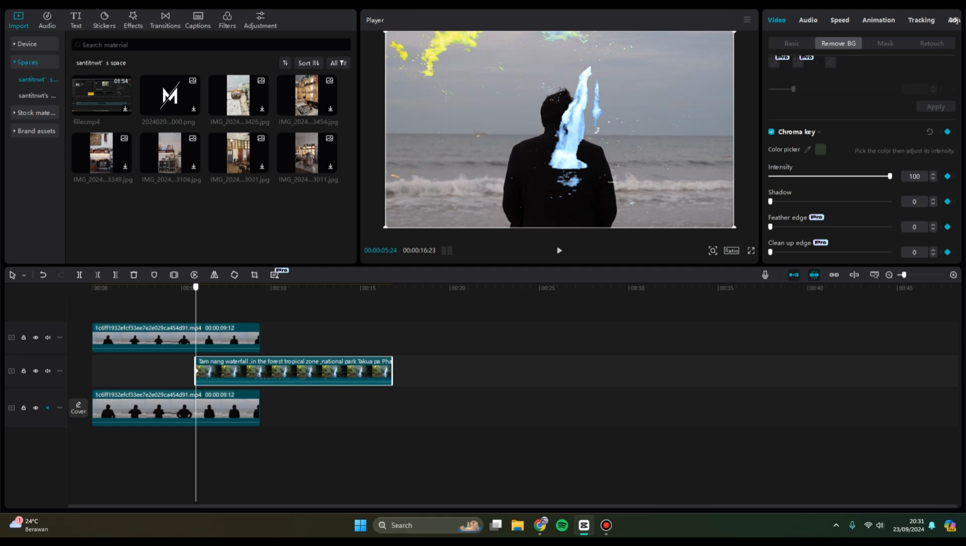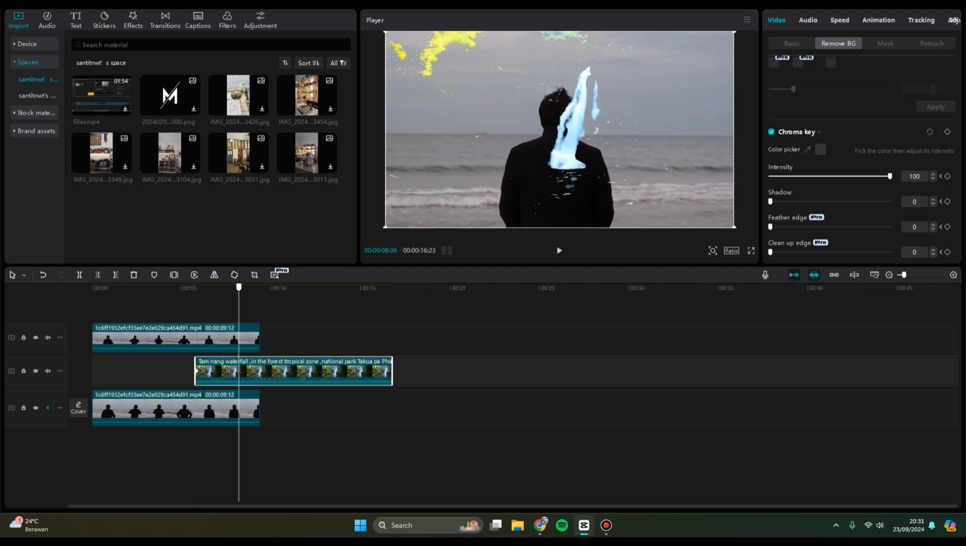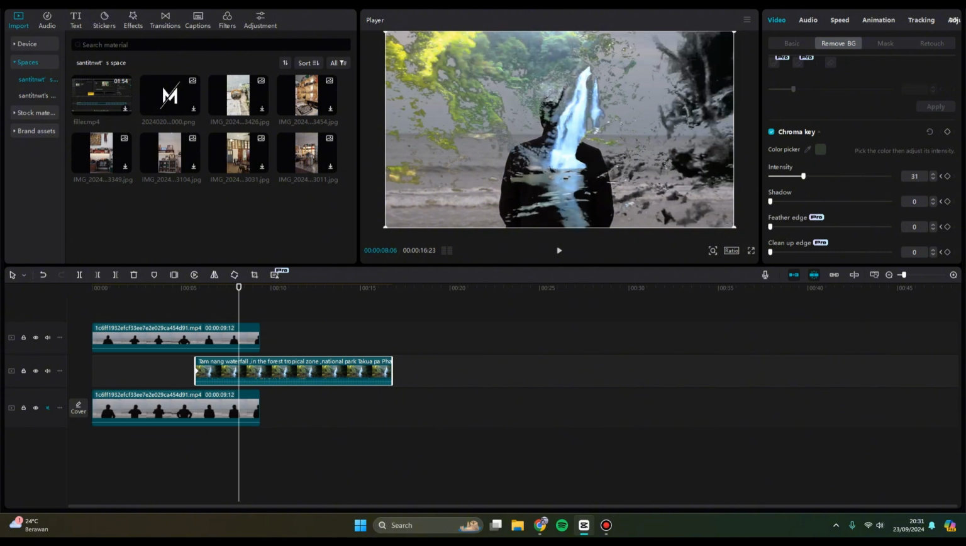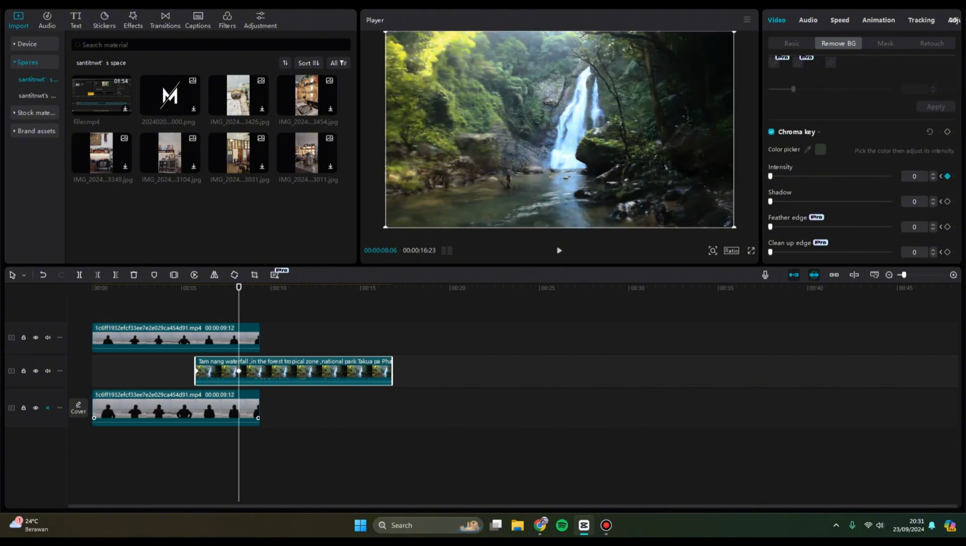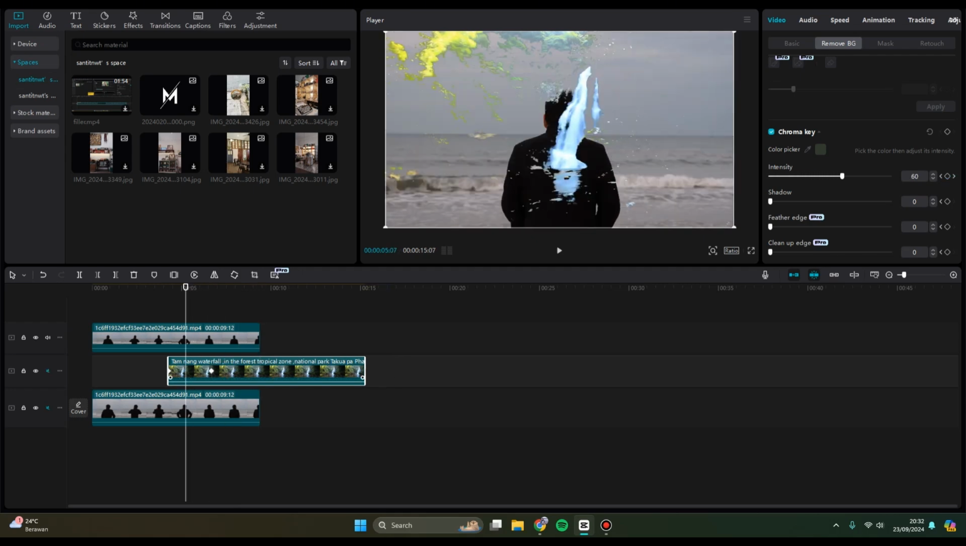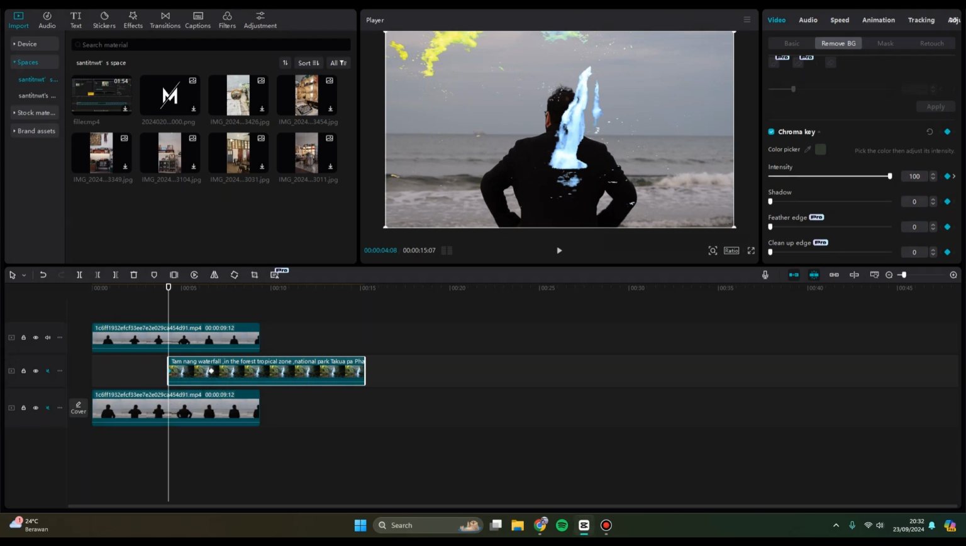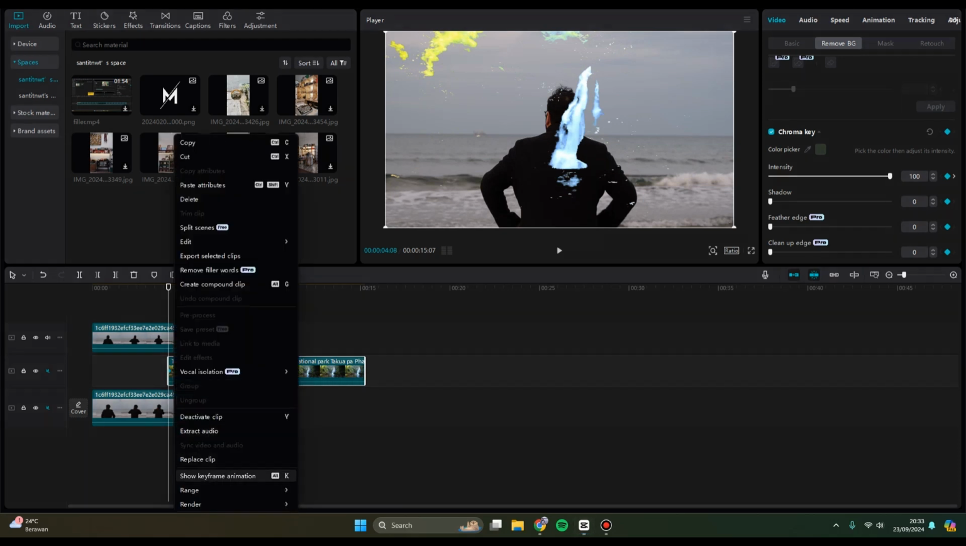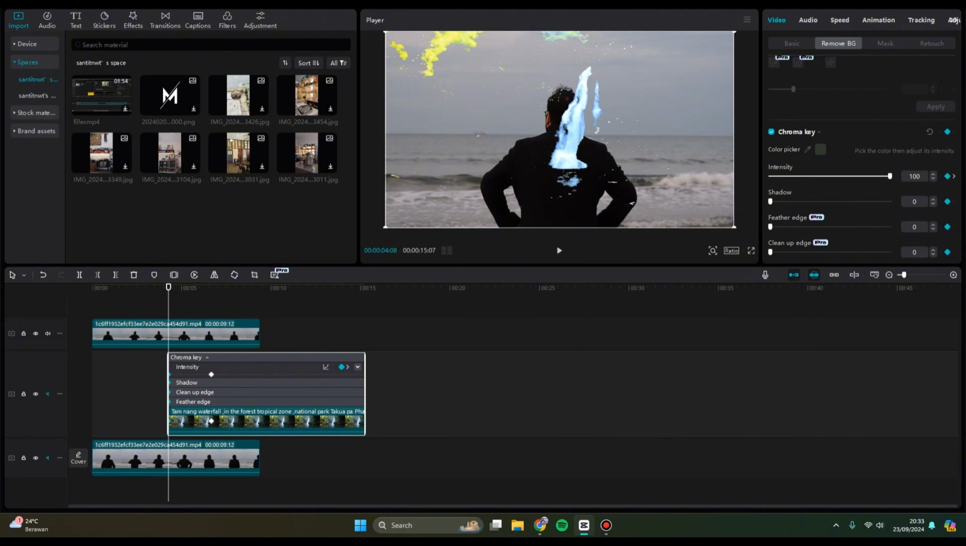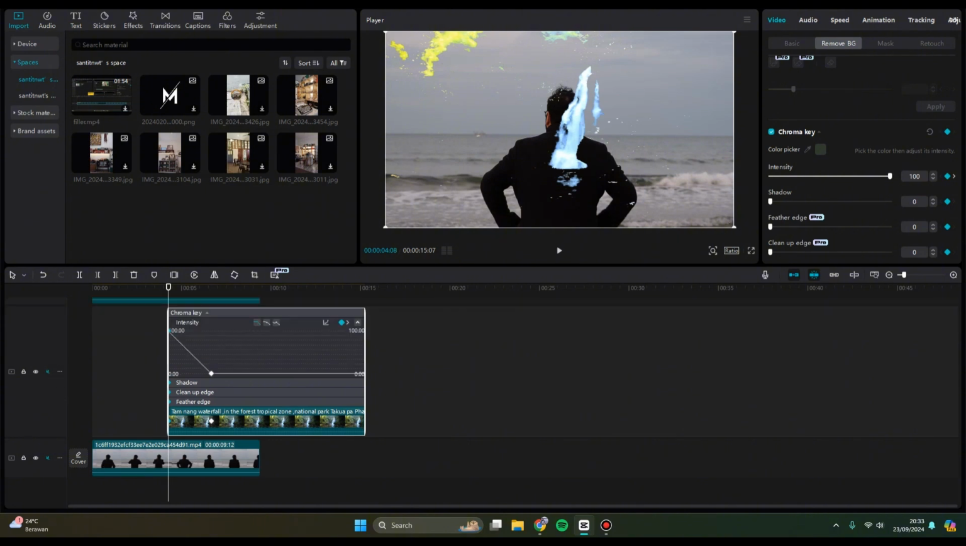Now let's move the playhead to where you want the transitions to end, and in here decrease the intensity of the chroma key to 0. Okay, so after this, to have a smooth transition, you can just right click on this first keyframe, and then click on show keyframe animations, and in here you can just click on the drop down and right click on the first keyframe in here